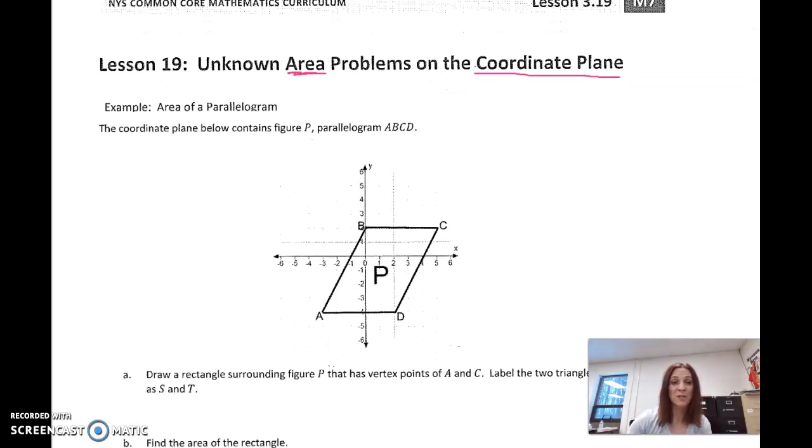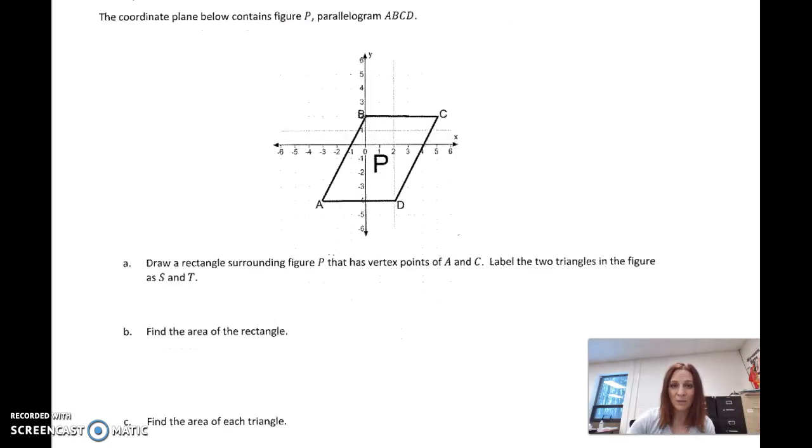Okay, so the coordinate plane below contains figure P. That's this right here. Okay, this parallelogram, because opposite sides are parallel. And it says, and I'm sorry, this copy did not come out real well. It's going to be hard to count, but we'll make it work. Draw a rectangle surrounding figure P that has the vertex points of A and C, and label those two triangles S and T. And it sounds really confusing, but again, all we're doing